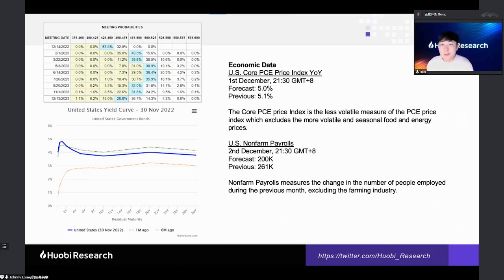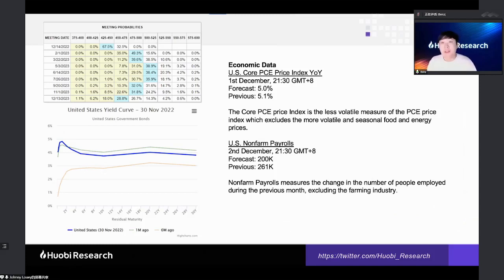The reason why they want to keep interest rates high for a longer period of time is, firstly, they want to make sure that the public has confidence in them. Because if they were to suddenly have a U-turn in their policy, meaning that for the first few months when the inflation rate is under control and going down, they start to loosen their monetary policy and then it shoots back up.